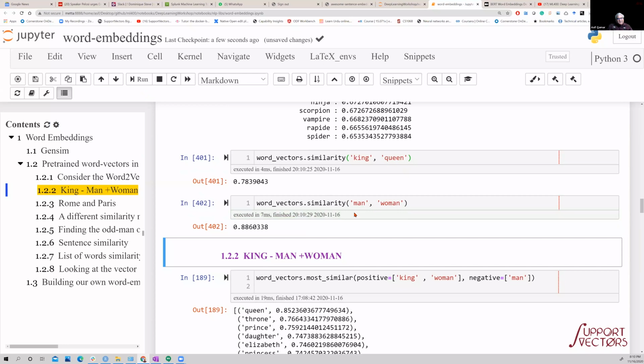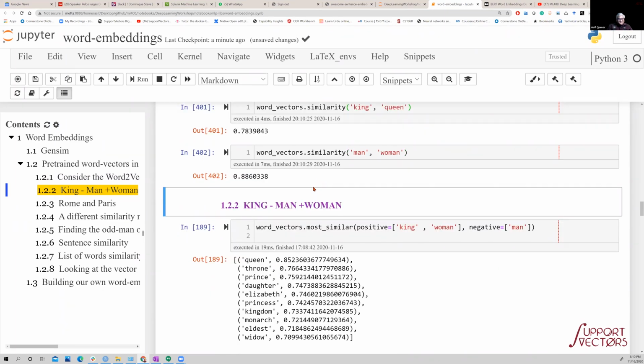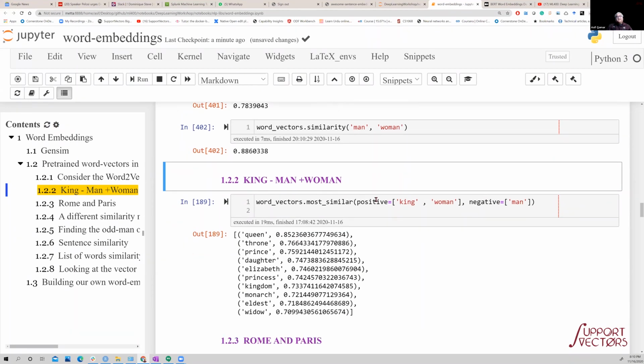So between man and woman, as you notice, 88 and 78% similarity between king and queen. Perhaps ordinary people are much more, should we say, having better married lives than kings and queens? I'm kidding. And then I talked about this fact that with word vectors, you can do this vector